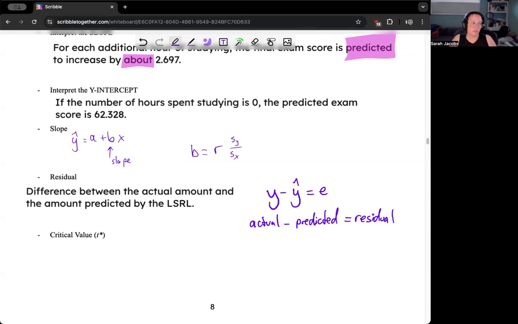Now, as a note, if the residual is positive,